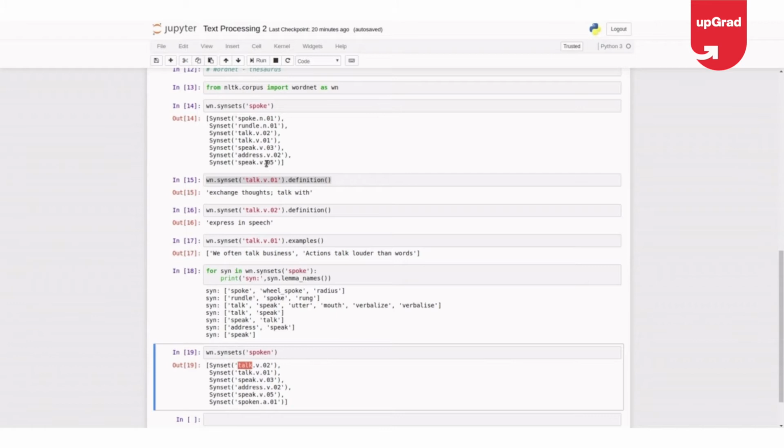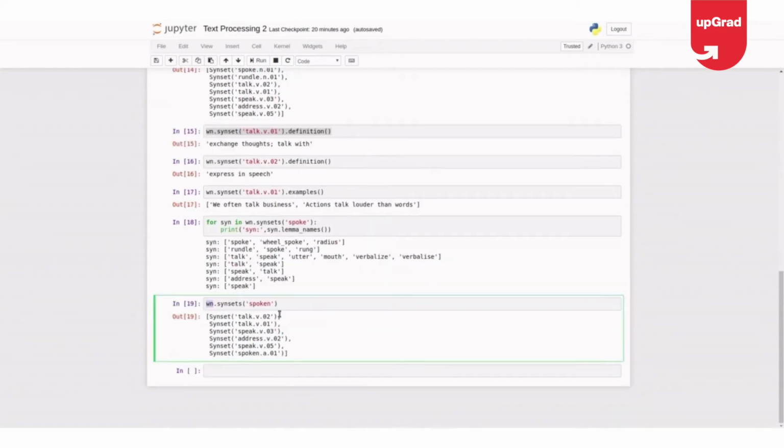And okay, so by default the WordNet lemmatizer assumes that the input you gave is a noun, spoken or spoke as a noun, because there is no sentence to compare whether it's a verb or not. If suppose you want to give the POS of it also, by default it is noun as I was saying. If I want to give it's a verb, and for this verb what are the synonyms or lemmas for it, then I can specify it with one more parameter. Okay, so WNL WordNet.